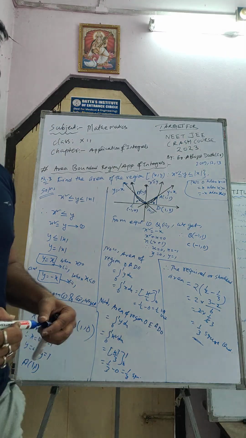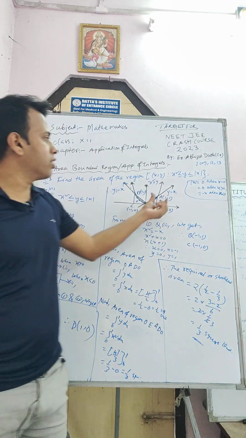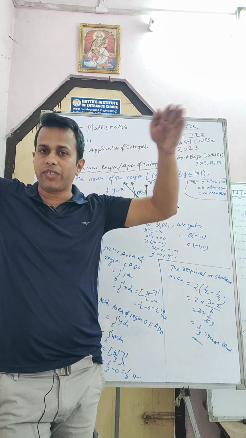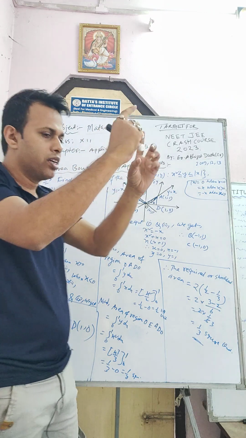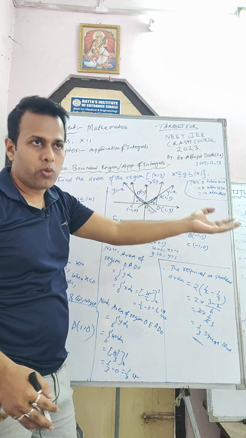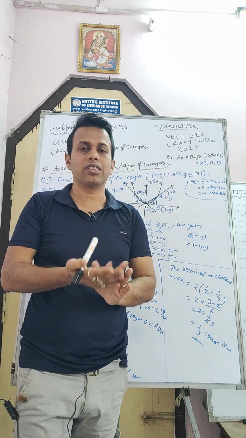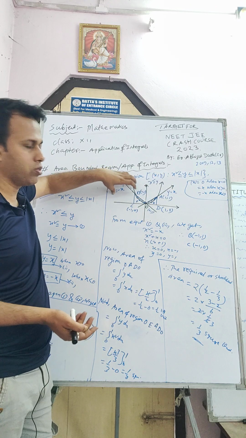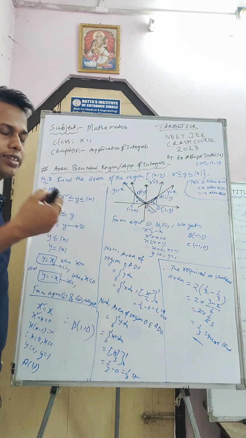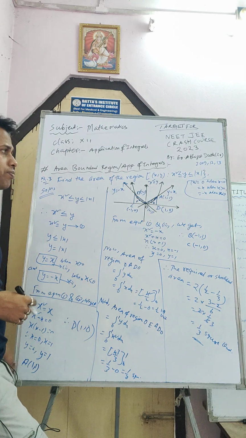1 by 3 square unit is our required area. Sometimes in some questions they ask to find this part also, and they will ask in the first quadrant, or above the x-axis. Sometimes two curves are covered. If they ask for the upper portion of the x-axis or the first quadrant, then you have to find only this portion. No need to find this one. You have to remember this. Some logical questions will always be there in JEE Mains, WBJEE, NERIST or whatever engineering entrance you attend.